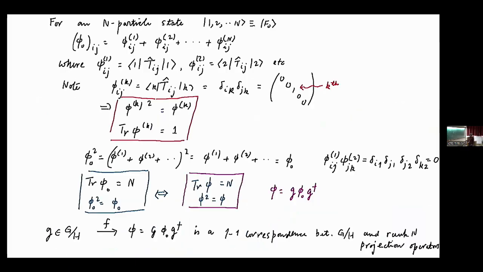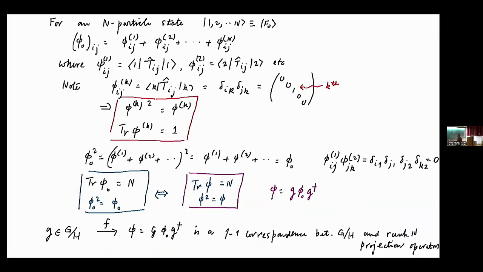Okay, so this is very analogous to the SU2 spin case, where this quantity is just a solid angle. Okay, all right. So there's an abstract characterization of the space of these little phi's. You can show that the trace of phi naught is given by n for an n particle state, and phi naught square is equal to phi naught. It's almost like what we saw for the u variable. And after the time evolution, these things are also preserved.